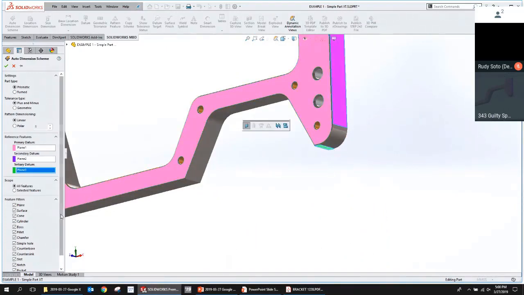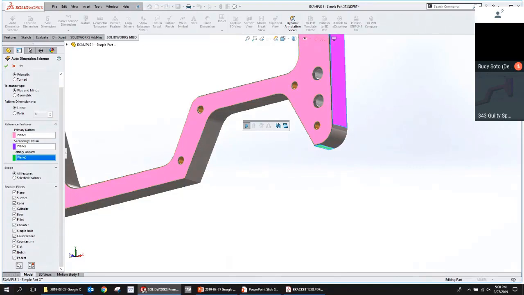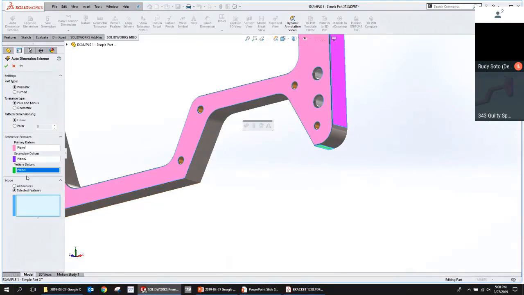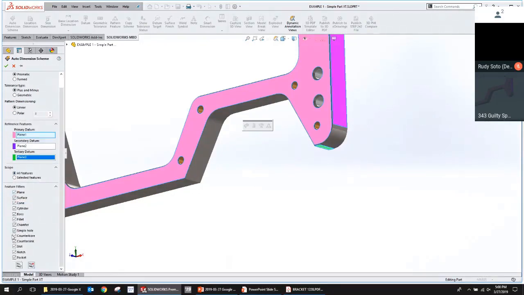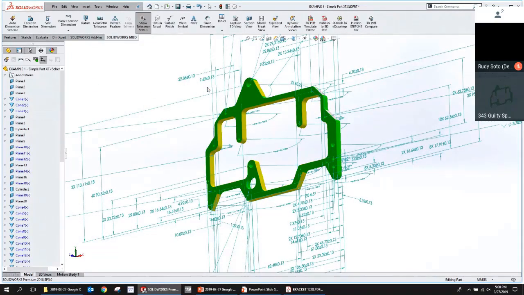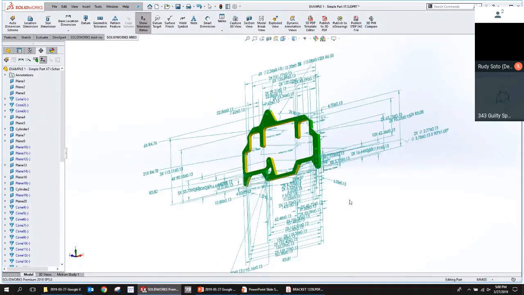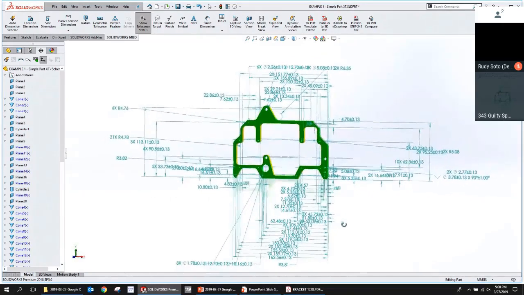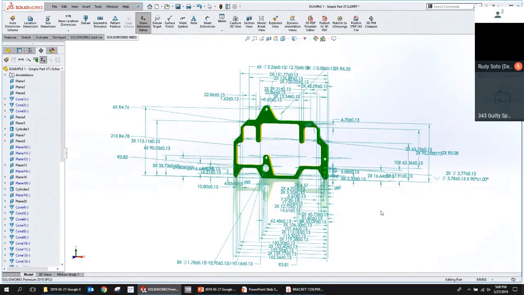And then down at the bottom here, we say we either want to dimension everything or we want to go through and pick and choose what gets these auto dimensions applied. And when we say we want to dimension everything, we can further narrow it down regarding what we actually get dimensioned. I'm going to leave everything on for this first one. I'm going to hit the green check mark, and SolidWorks goes through and applies dimensions to that part relative to those datums. So yeah, you get a big mess. Probably not what you want, but interesting to see. And this is from a model that doesn't have any CAD data in the feature tree.